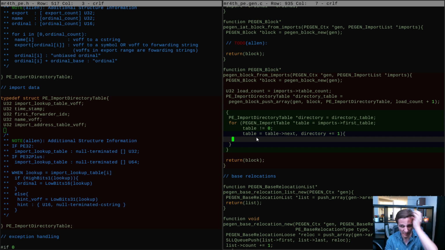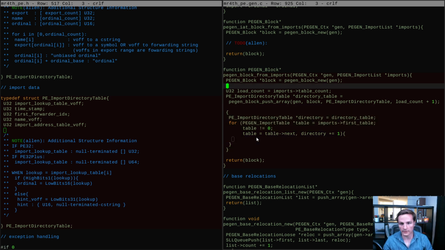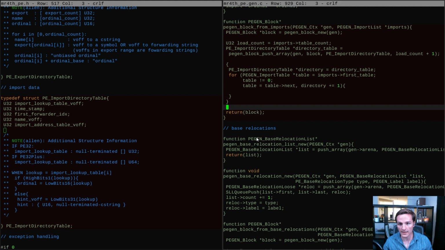Here's where things get complicated, because I don't think I can build just one of these at a time. I have to build the IAT and the import directories together, but luckily we have a data structure for that, right? Now I can build these blocks in parallel and then piece them together later in a different order. So it's going to be possible. It's just I'm going to have to change the API a little bit that I'm building for baking this,